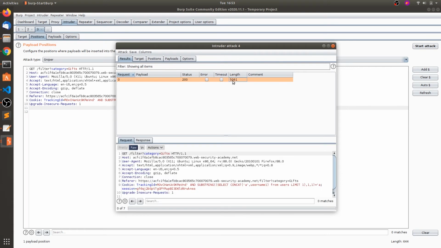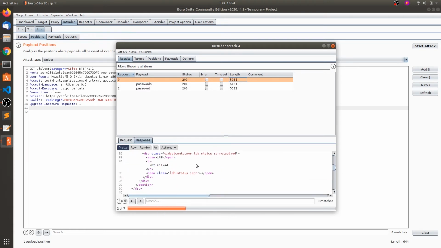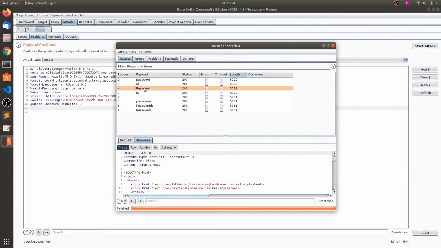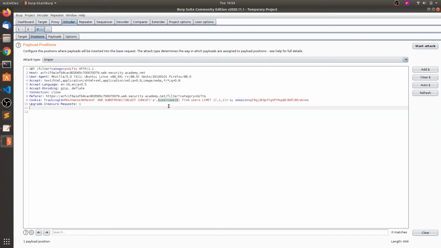The default length is the false response. You do not have welcome back. Now you can click the length, and it will sort. Okay, I'm sorry, this is case insensitive, that means capital and small are the same. So password column, ID column. ID we don't require that much. So we came to the password column and ID column of the table users. This is how you brute force the columns. So we know the users table, and we have the three columns: ID, username, and password.